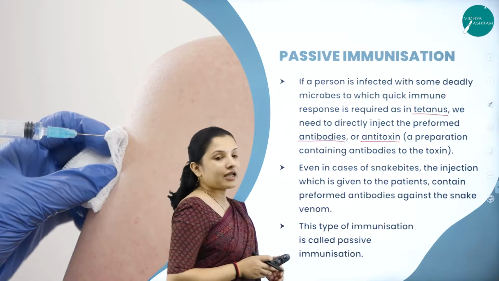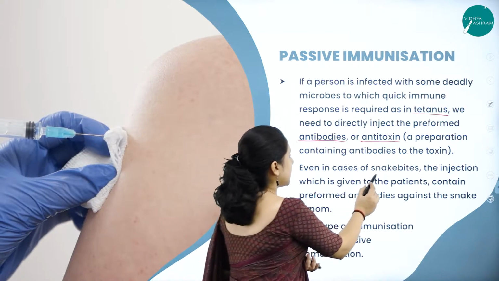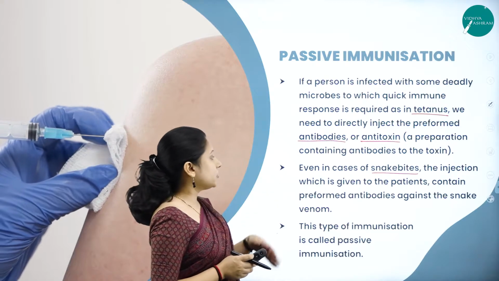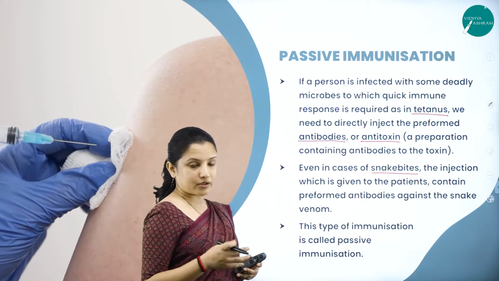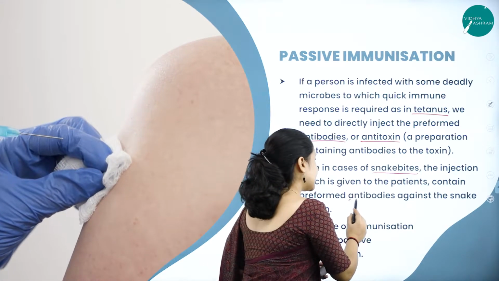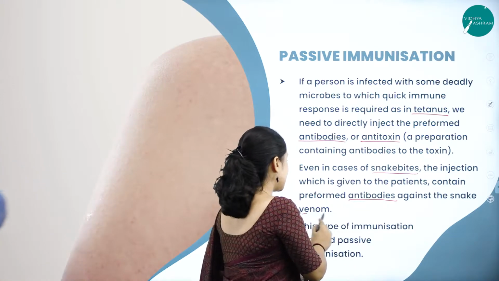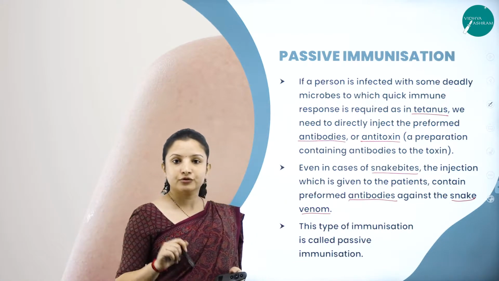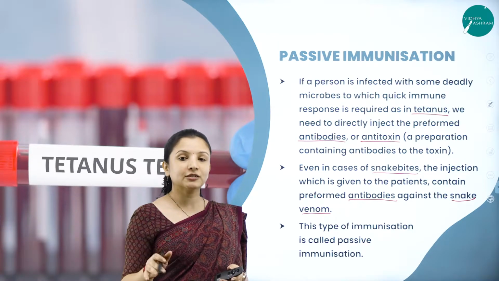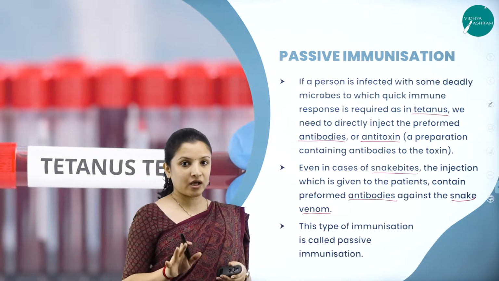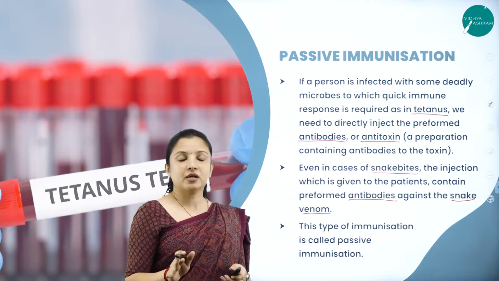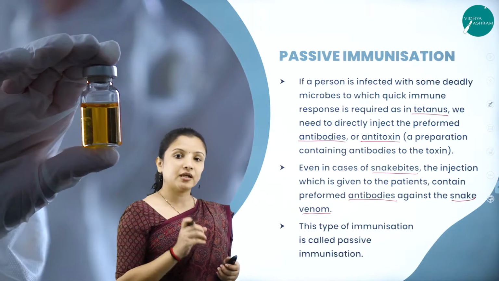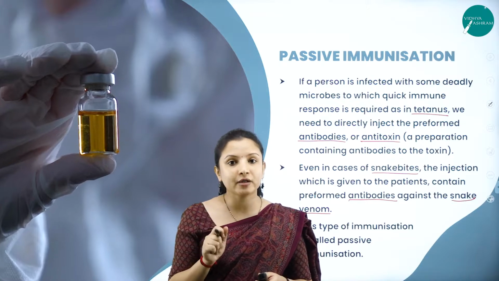Even in the case of snake bites, the injection which is given to the patient will usually contain antibodies directly, against the snake venom. Now here, can all the antibodies be used? No. The antibodies will be designed in such a way that they are very particular for a particular snake venom itself. So that particular antibody will be given. Why? Because